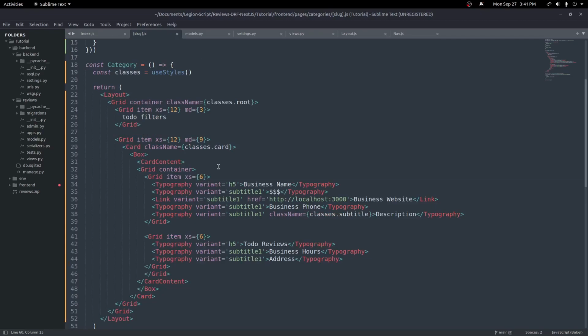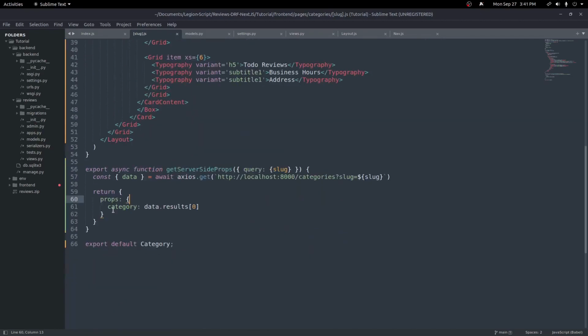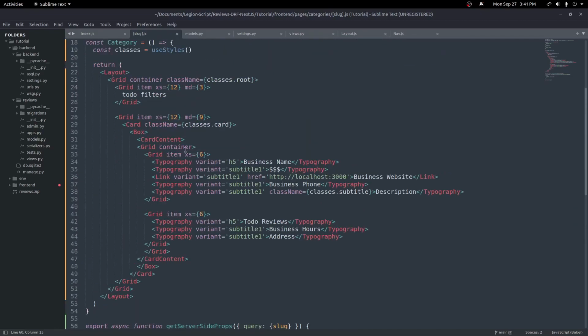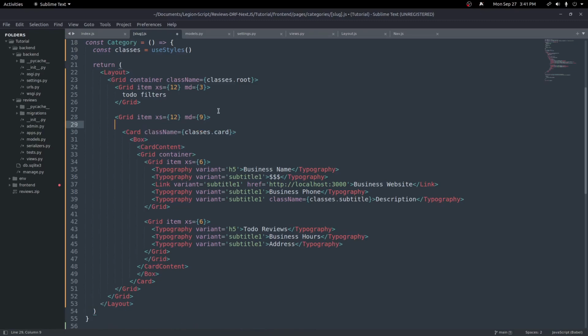So map is just a way to loop over a collection. In this case, the collection is category.business. So what we'll do here is go inside of our return right here. We'll come down to where we're showing our cards. We want a new card for every business. So above this line here, we can go ahead and make a curly brace and do